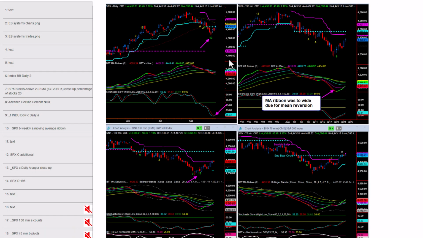Okay. Next, chart number 16. Here's the 4 time frames. Remember on Monday I discussed the DeMark 13 on the daily, the DeMark 9 and 13 on the 130-minute, DeMark 9 on the 5-day. I also discussed the moving average ribbons, how they were very stretched. You could see it there. And lo and behold, we've had a nice bounce. Now, the ATR on the half day and daily is your big resistance.